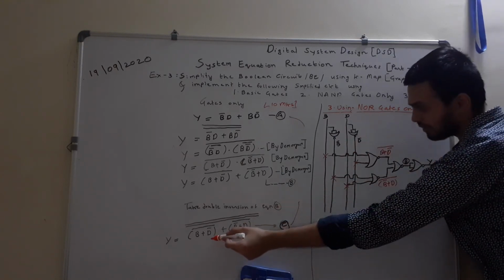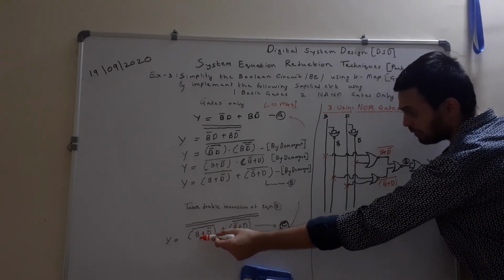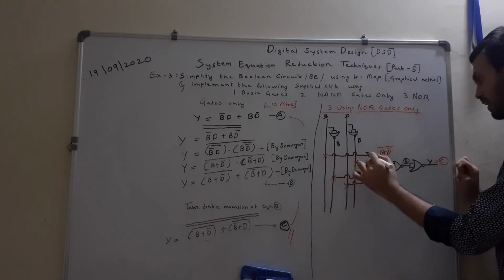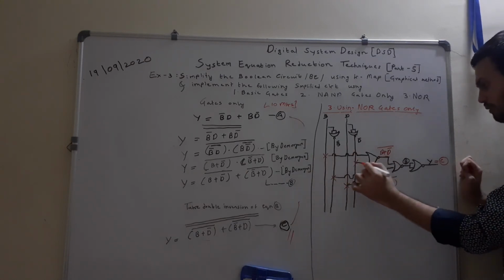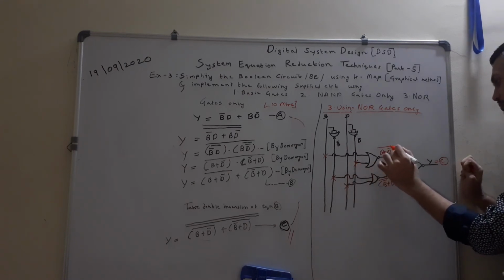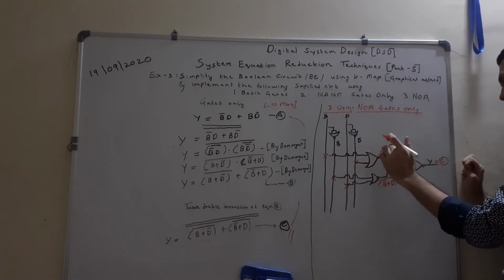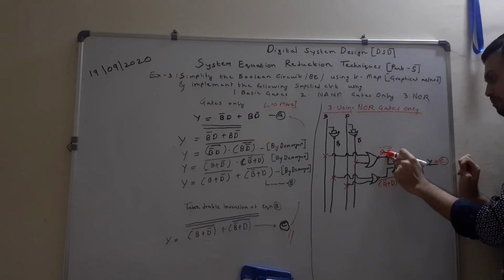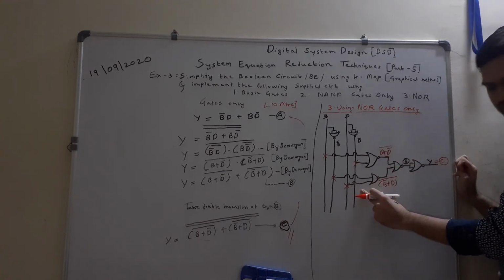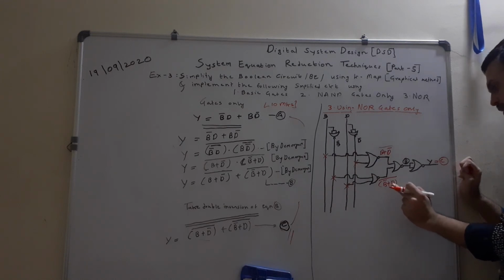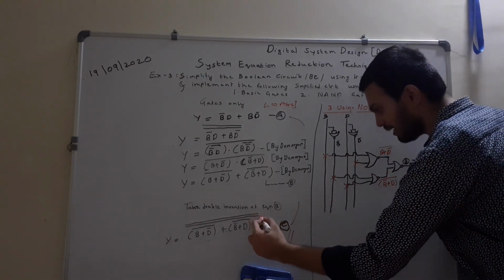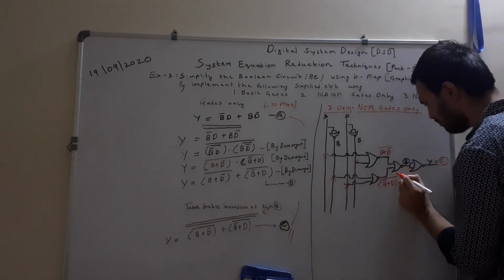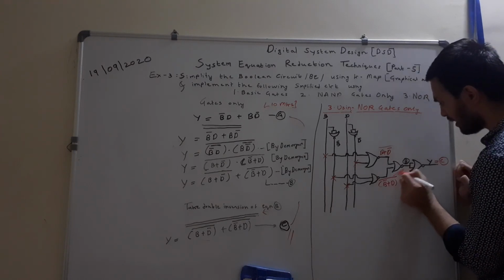Now let's start implementing the expression. Our first term in the expression is B plus D bar, the whole complement. So how will you realize this? Connect one input of a NOR gate to B and one input to D bar. How will you get this whole complement term? By passing it through a NOR gate. So when I pass the given inputs through the NOR gate, I will get B plus D bar the whole complement. Similarly for the second term we get B bar plus D the whole complement. And then one more complement is there at the top, so for that complement we have connected those two inputs to another NOR gate.